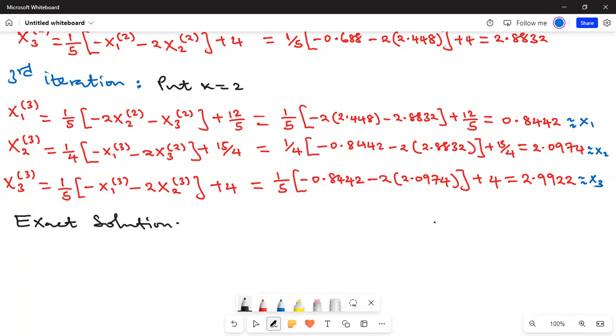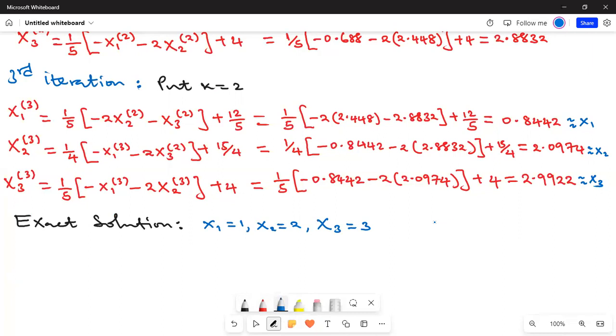Remember, for you to get the exact solution, you could use Cramer's rule or LU decomposition or the matrix inversion method. You need to get x1 is equals to 1, x2 will be equal to 2, x3 is equals to